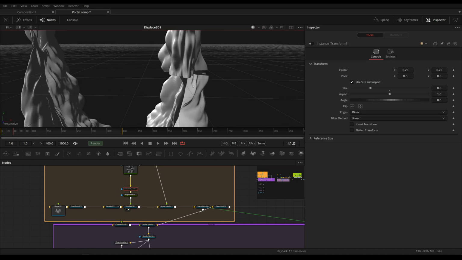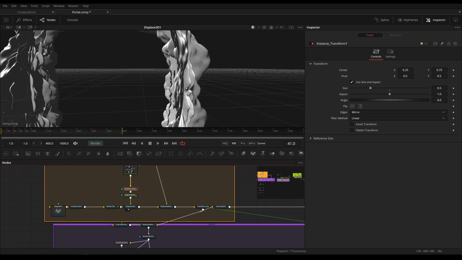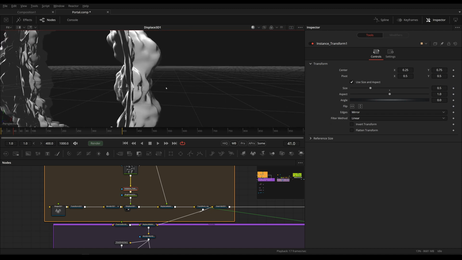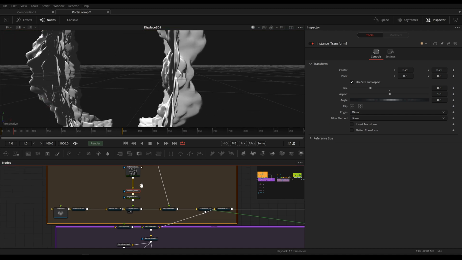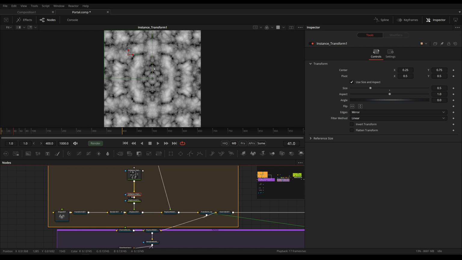I would get this nasty edge because our texture isn't tileable. And adding this, well, we can still see a slight edge, but for our purposes, this is fine. We could blend the edges a little bit, and then this edge wouldn't be visible anymore. But for our purposes, this is fine. And the nice thing about this is this will always work if you have a square texture. This will always work because Fusion uses a relative coordinate system. So the center and the size values will be the same for you as well.